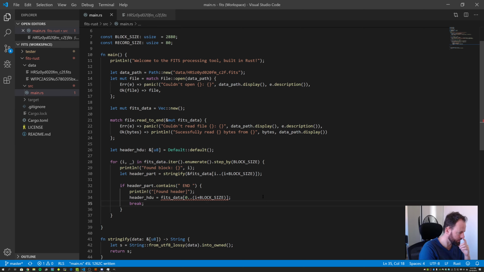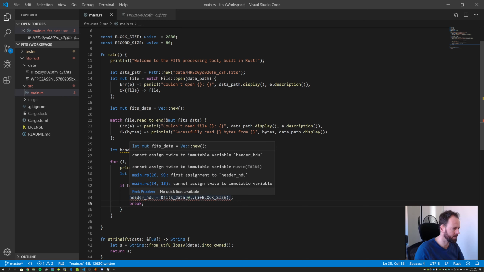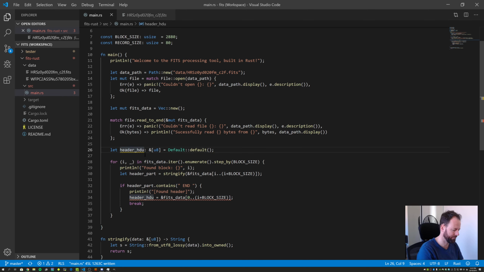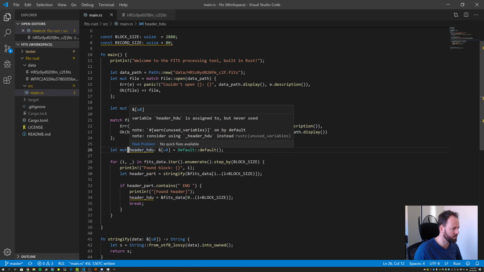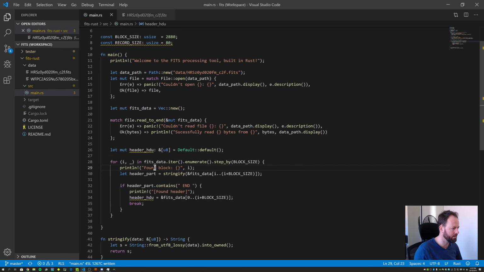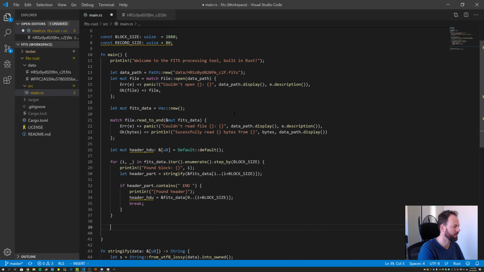So what's that going to do? Ah, whoops. So I wonder if that's going to work or not. Cannot assign twice to an immutable variable. Great. So it needs to be mutable. Okay. What we might just do there is we'll just print it again, just make sure that we're happy with what we've got, and remember it's going to be Stringify of header HDU,